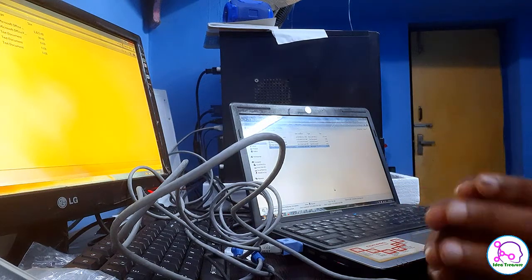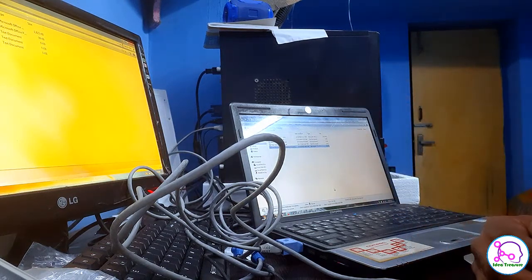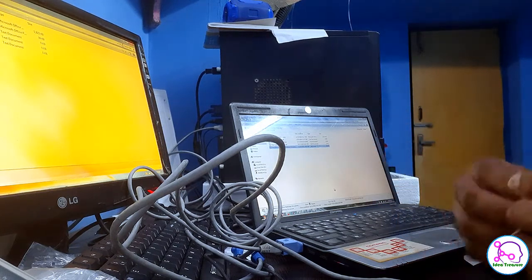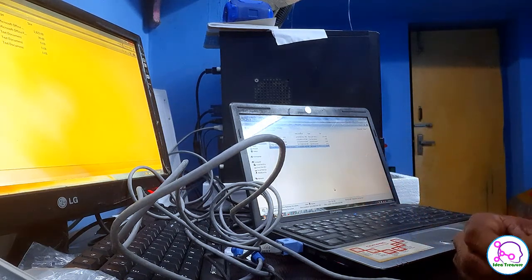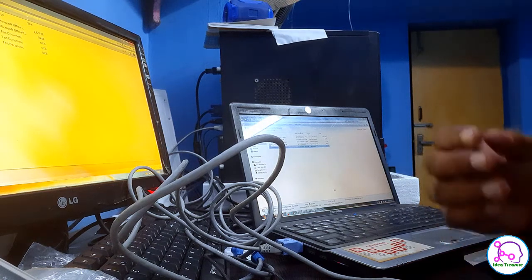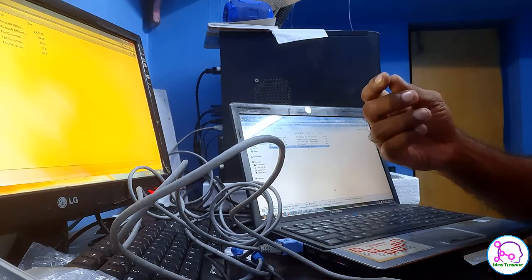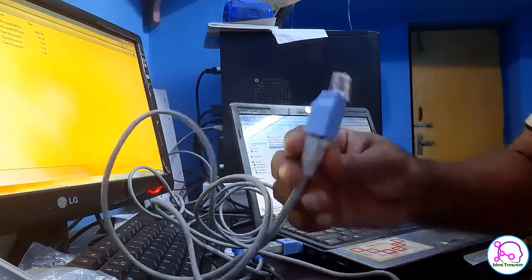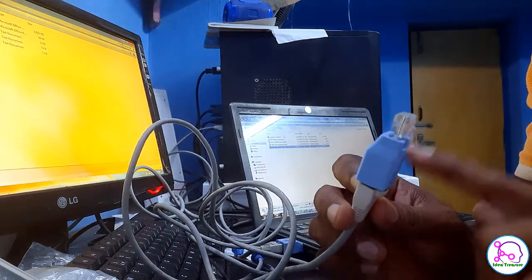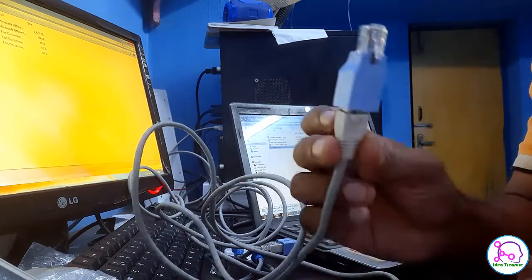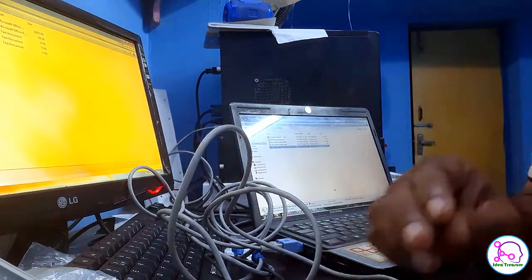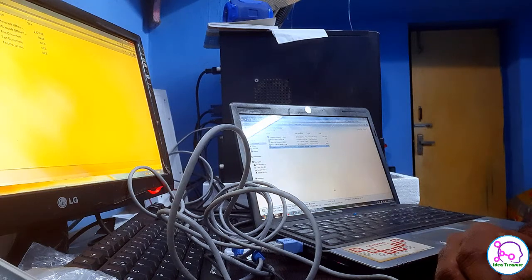Okay, so when you actually go for buying the crossover cable or the straight cable, you have to decide what is the length of the cable that you need to buy from the market. But once you buy 5 meters or 10 meters of length, you cannot increase it or decrease it. But when you have this adapter, you can use it for any length of cable, so that you can immediately convert the straight cable into crossover.